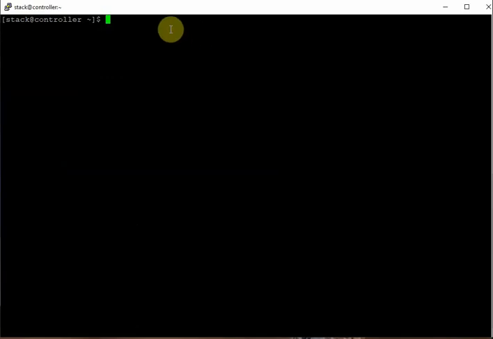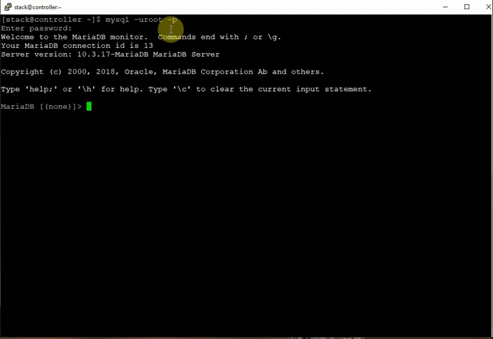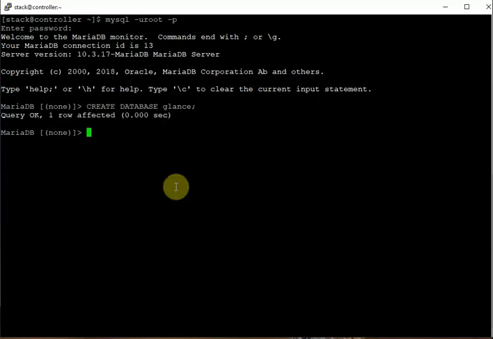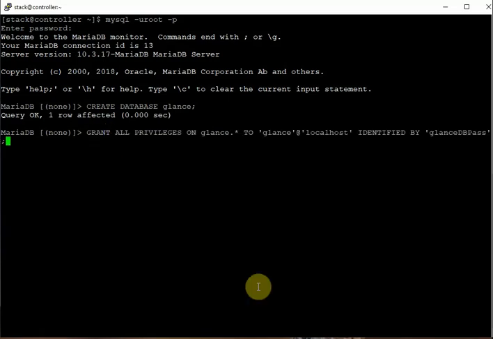Log into MariaDB as the MySQL root user: mysql -u root -p, and then type the password. Logged in as root user. Let's create the database first. The database is going to be glance: create database glance. Then we need to grant privileges and create a user glance.